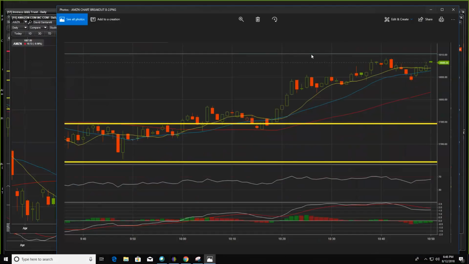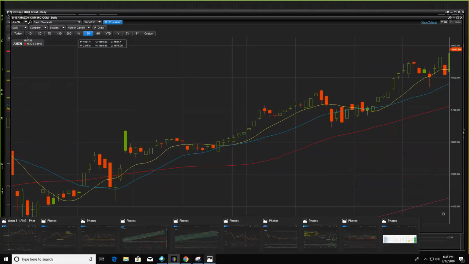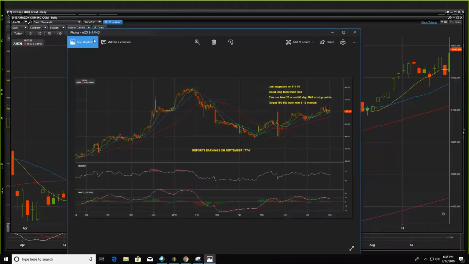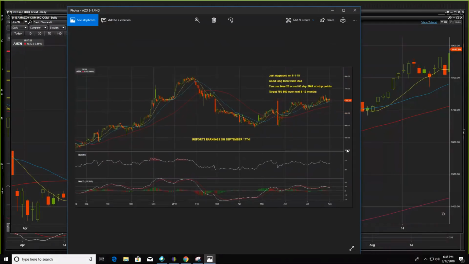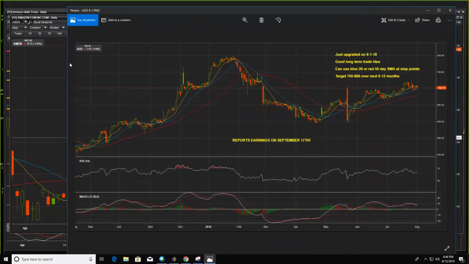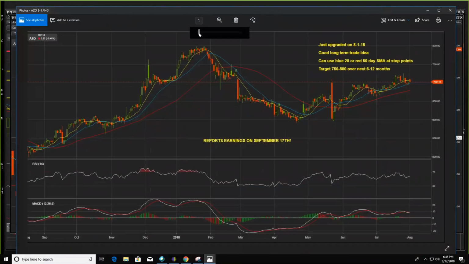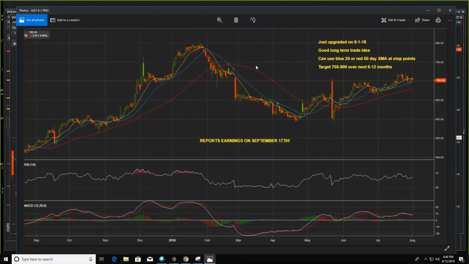Okay, that was the Amazon. Let's get rid of that one. Here is AutoZone. So as you see here, this is a chart that I shared in the trade room, and I actually sent out an alert on this. And this is actually one I also shared in the main Facebook group, Day Trading Stock and Options Room. I said, guys, it just got upgraded on August 1st, and that's something that we're going to talk about too,